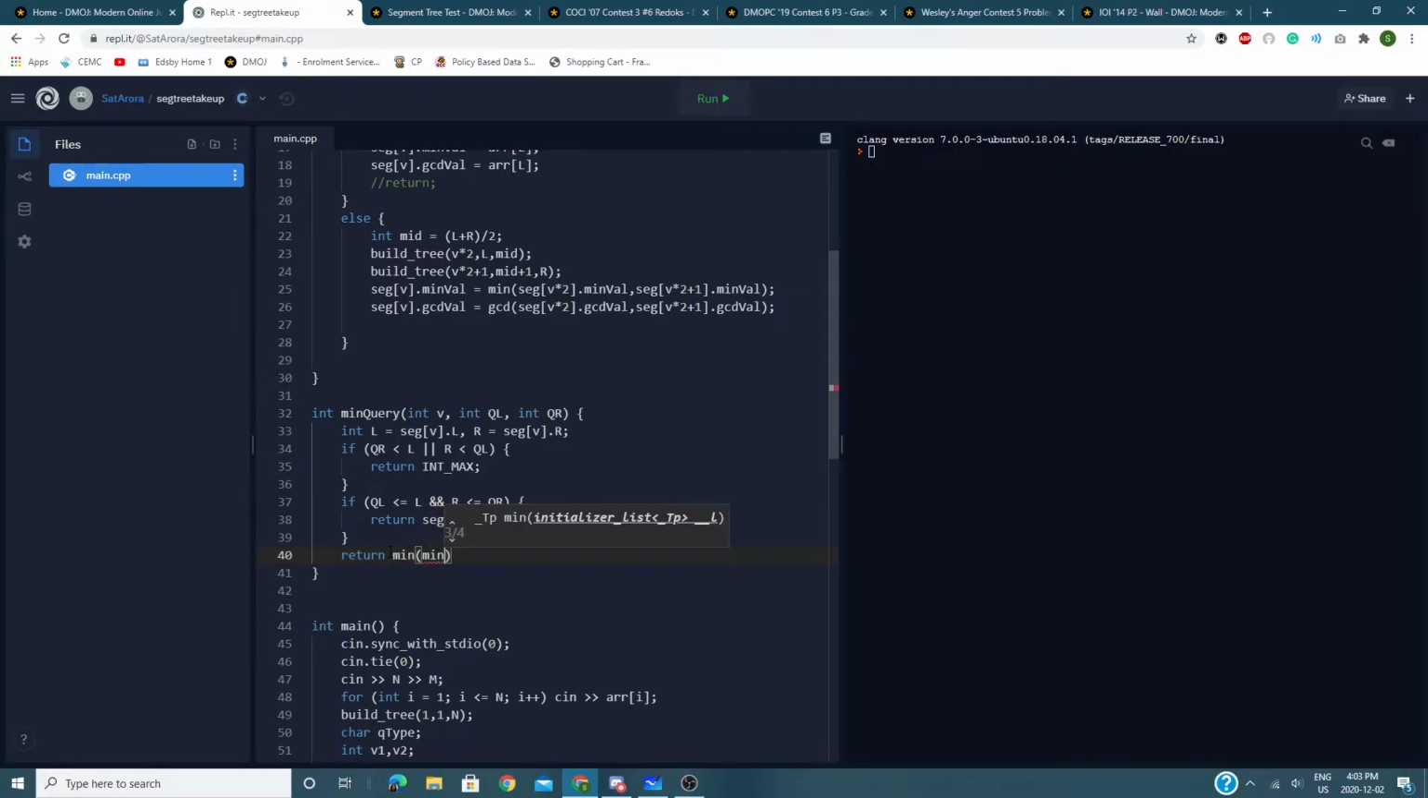So min query of the left child is index v times 2. The query left and the query right are going to stay the same because we don't want to change the bounds for which the query is going to be at. And then similarly, min query, and now the right child has an index v times 2 plus 1,